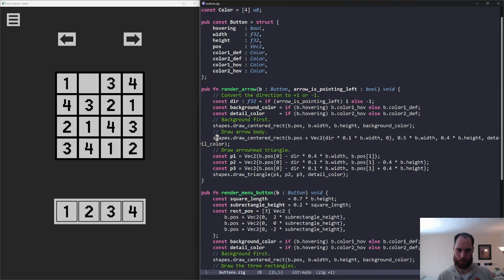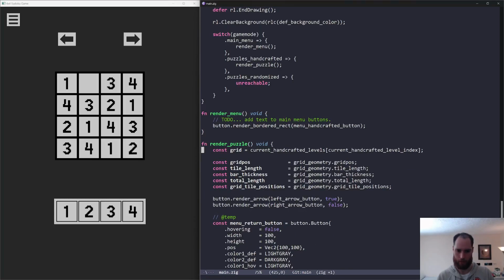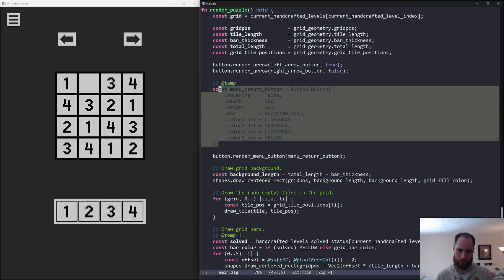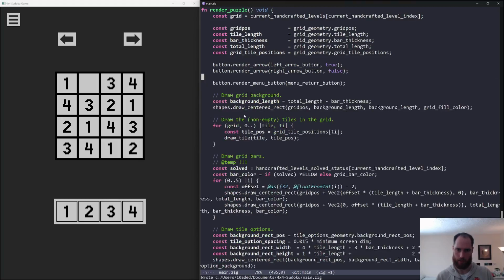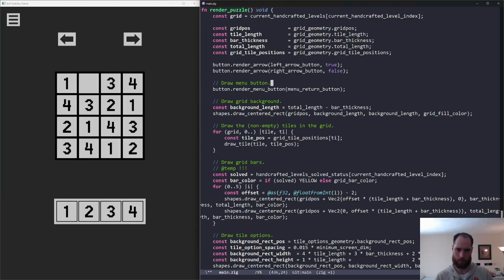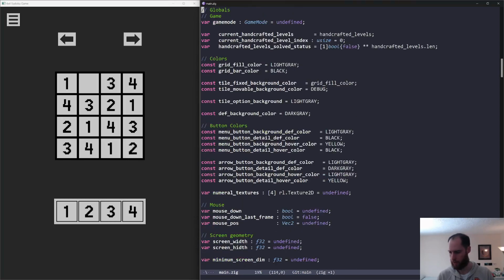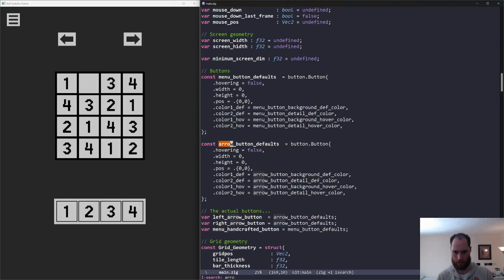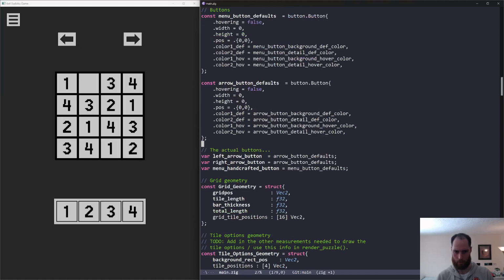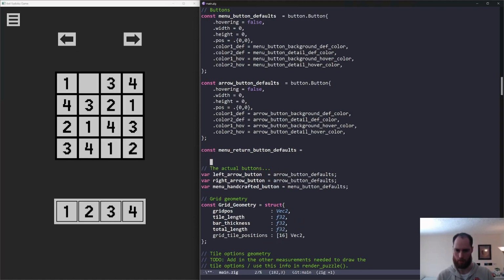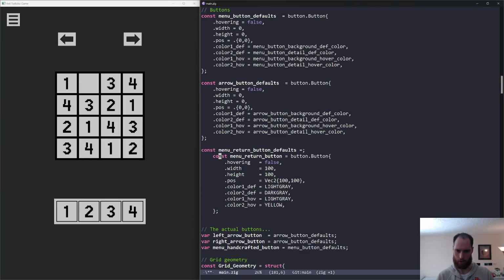So back to here. Let's set up the geometry of these things. So yeah, we'll get rid of this and return to it. Draw menu button. And we should make a global button for this. So yeah, for the arrow buttons, head arrow button defaults. I guess we can say menu return button defaults. And then